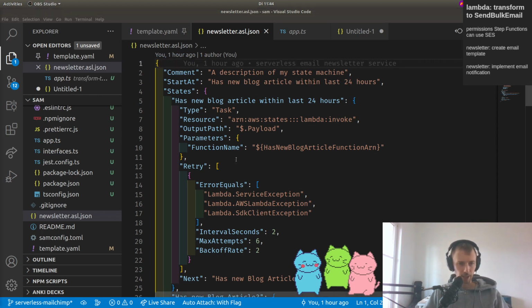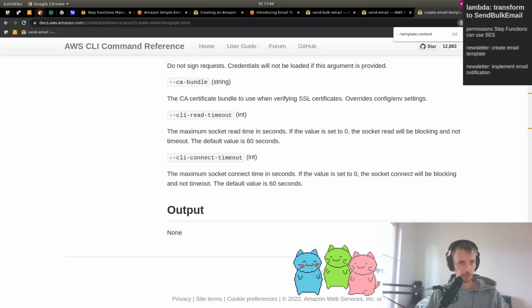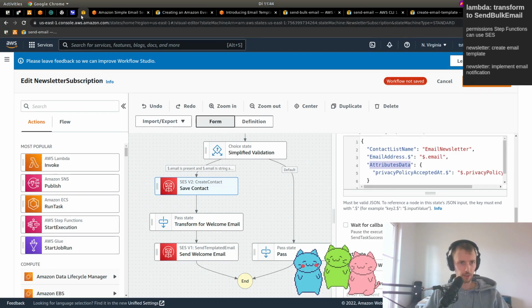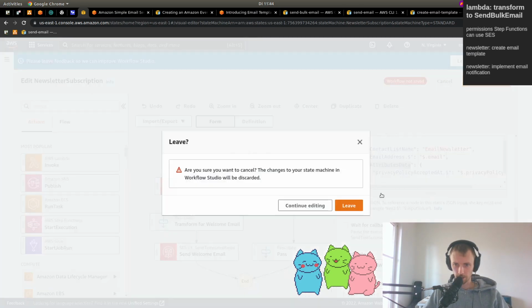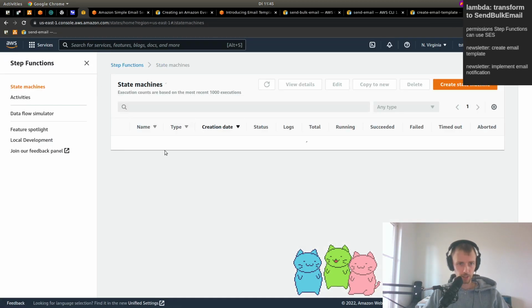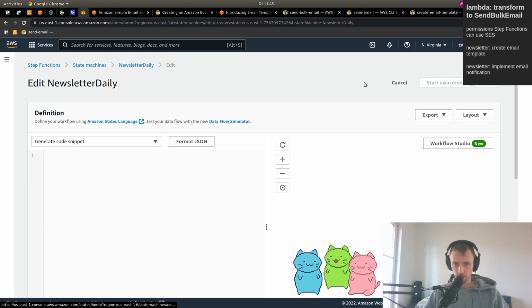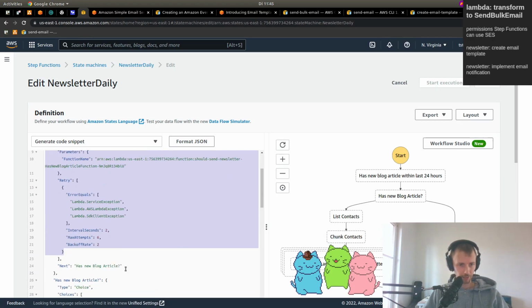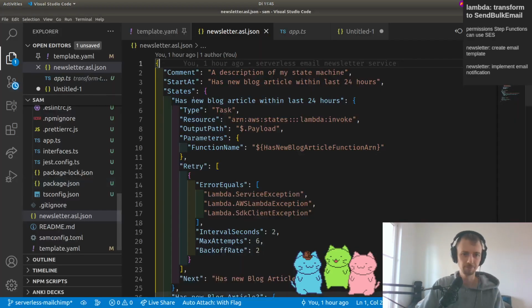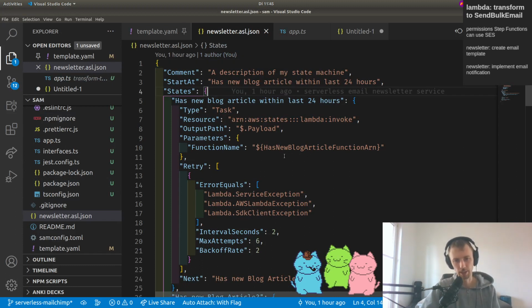This is the stuff that you get out of step functions. If we go to step functions again, and we go to cancel for now, state machines, newsletter block. When we go to edit, this stuff here on the left side, that's the ASL. And I basically copy and pasted this inside of here. And now SAM adds another option,